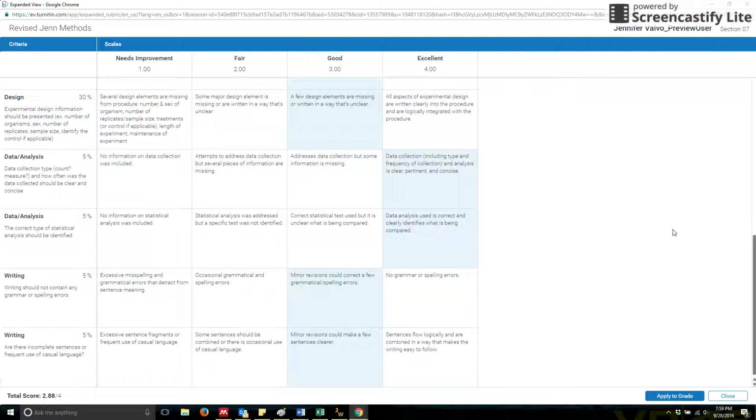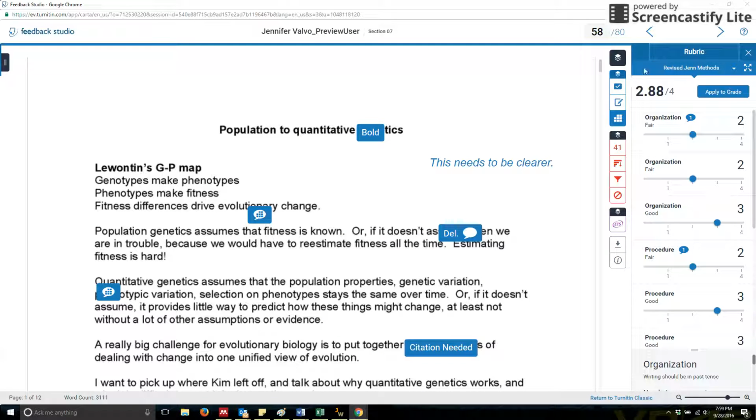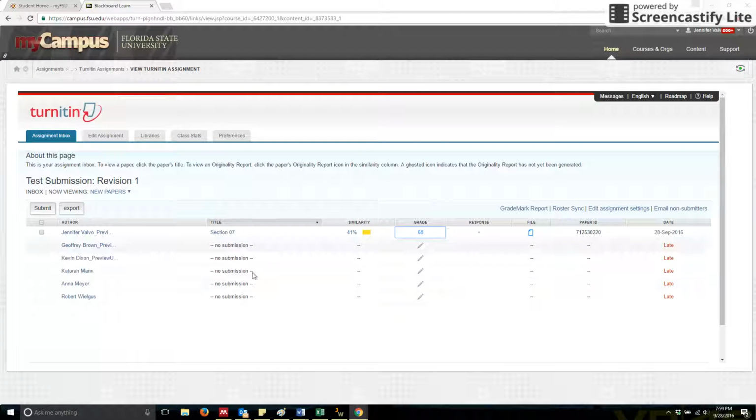We grade our writing assignments out of 80 points from the TA, so by clicking on Apply to Grade, once I get back over to here, I can see that it says 2.88 out of 4, which translates or scales up to a 58 out of 80 points. So this is a different grade now than what I had graded previously, and that's an easy correction to make. I simply exit out of this window,